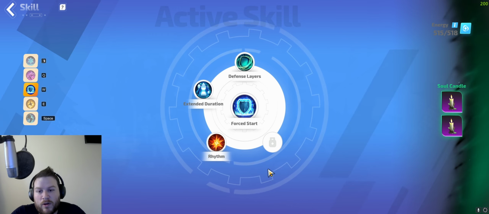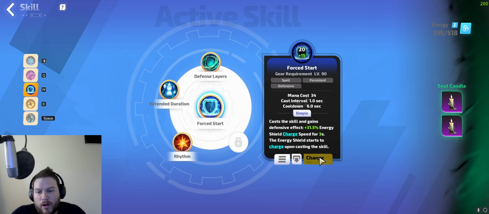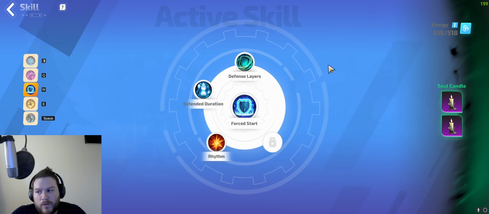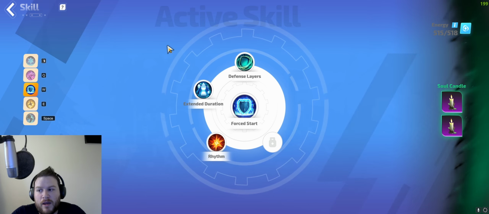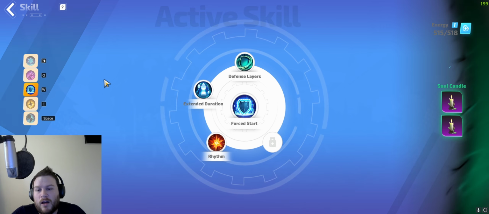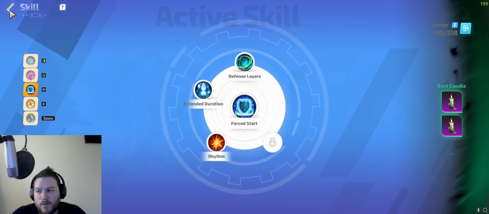So if you want to go with the more defensive option, you will be able to run Forced Start. But if you want to go with the more damage version, then you'll be able to run Mana Boil. So there's going to be some options to be made. This is going to be the one that I probably recommend. It's going to be this route here. You can run Mana Boil if you want, but the biggest other difference as well is we are going to